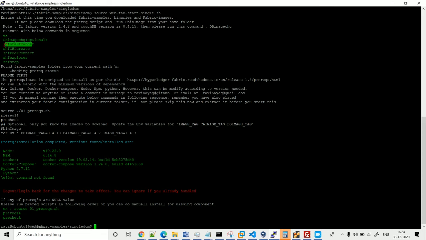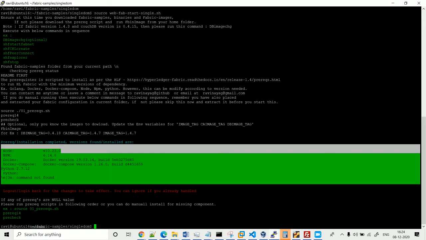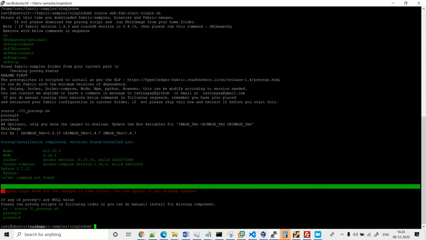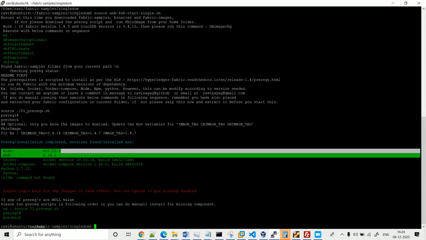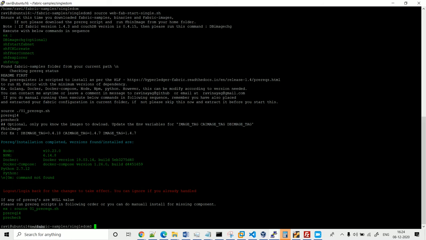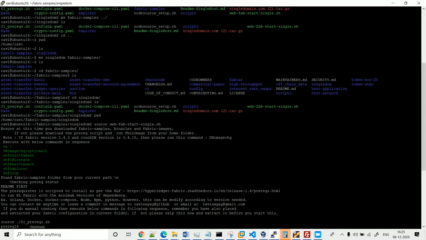That is the version; there is a mismatch in the names of the Docker images. Since we are using 2.2, we are skipping this option. So you can ignore this for now, and you see that it has checked again and shown the current status of the installed modules. So I am executing the first command.